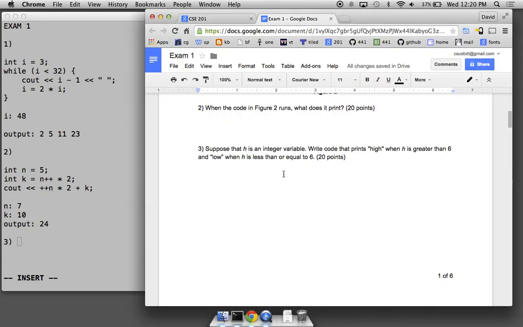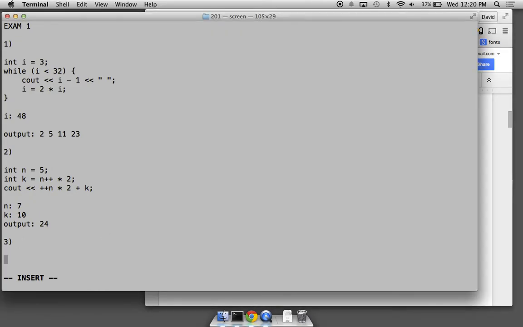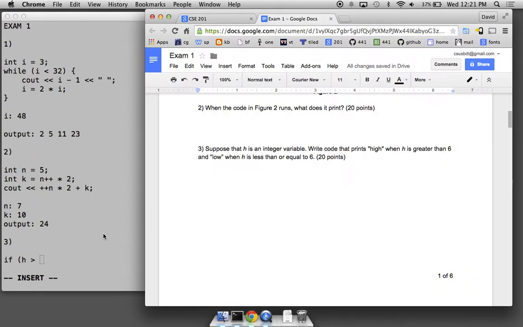Suppose that h is an integer variable. Write code that prints high when h is greater than 6, and low when h is less than or equal to 6. All right, so h is an integer variable, so I'm giving it to you. You don't have to create it. You don't have to define it. Just use it. If h is greater than 6,